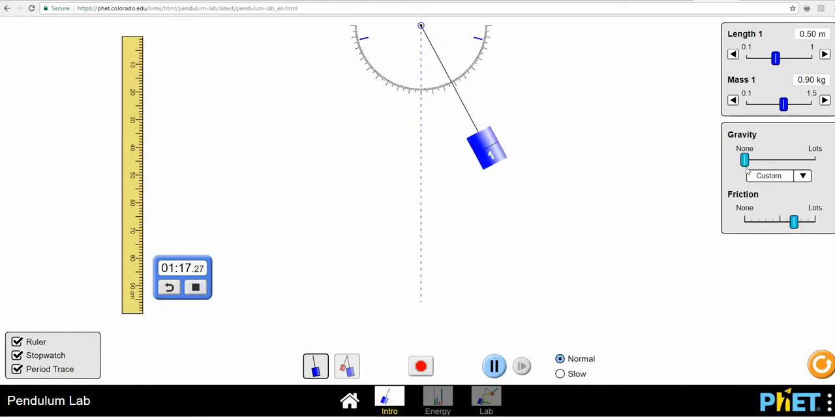Done. See how slow it goes. Gravity's not impacting the swing. Lots. Gravity's impacting the swing. And then the average is there. Alright, now